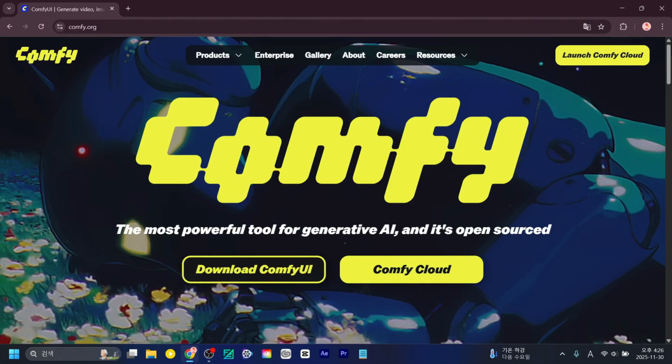ComfyUI Cloud is currently in beta, but it's still very useful and you can do all your work with it. Now some tasks that couldn't be done in Colab can be done here, while in some cases things that work in Colab might not work here. Since there are these differences, I want to give you an overall explanation of what does and doesn't work. You just need to launch Comfy Cloud.